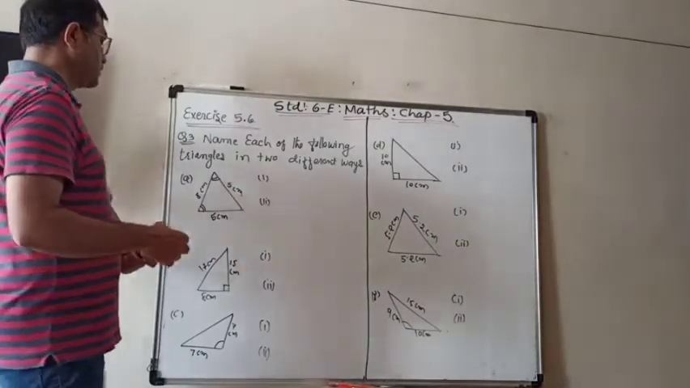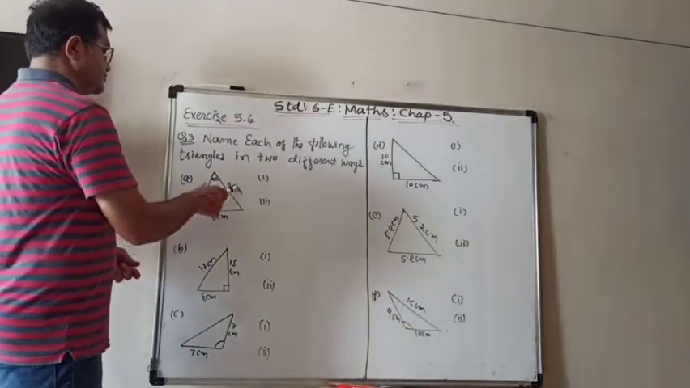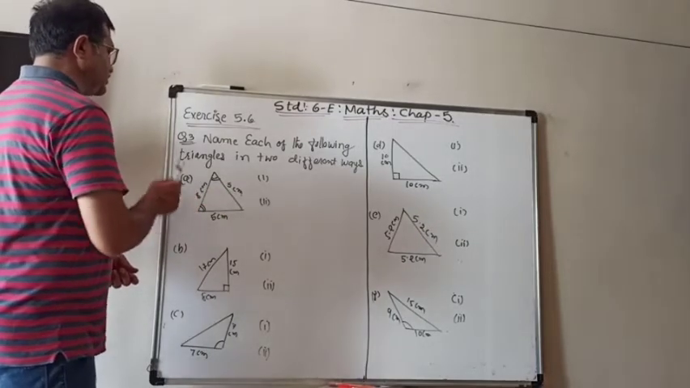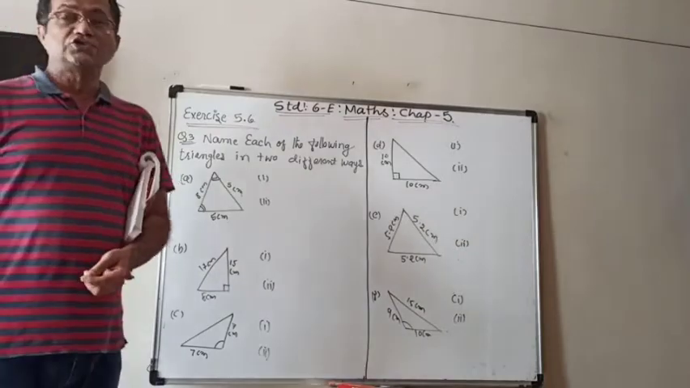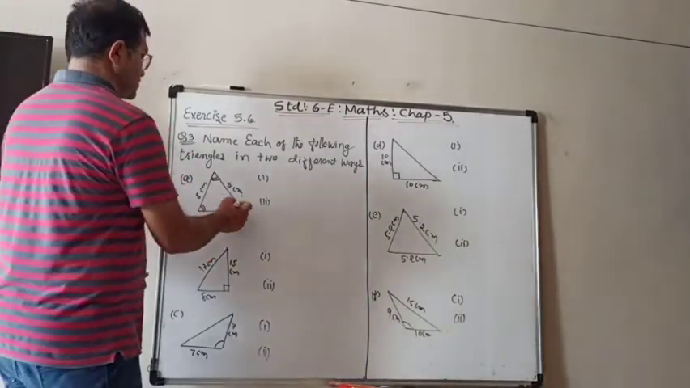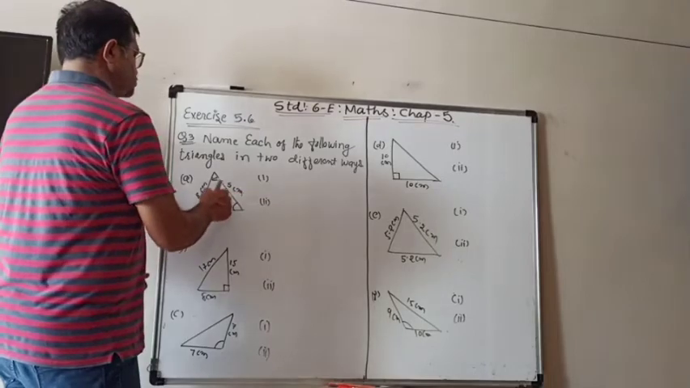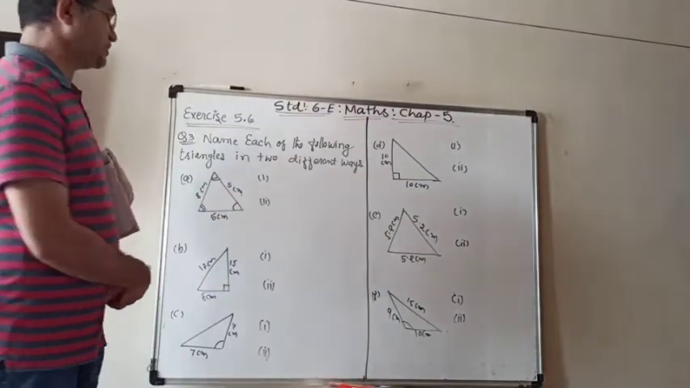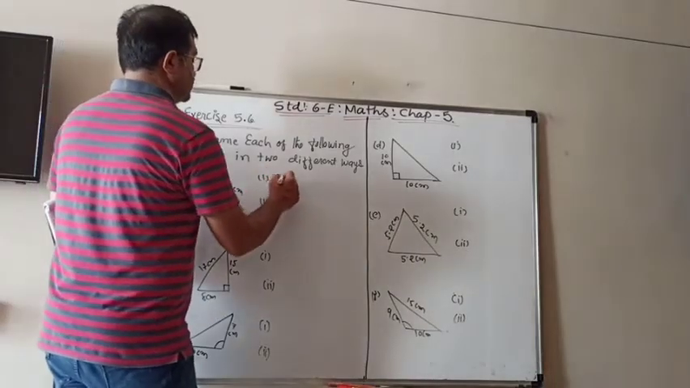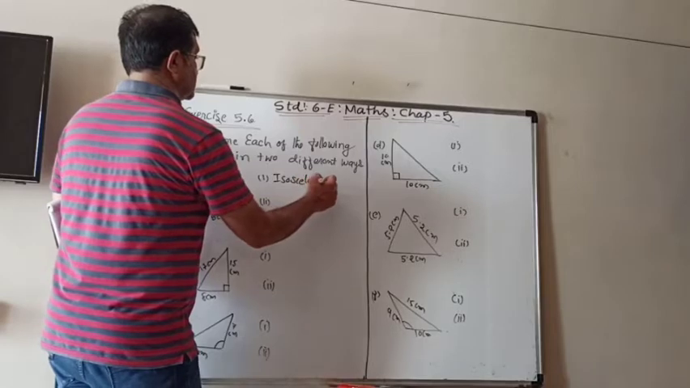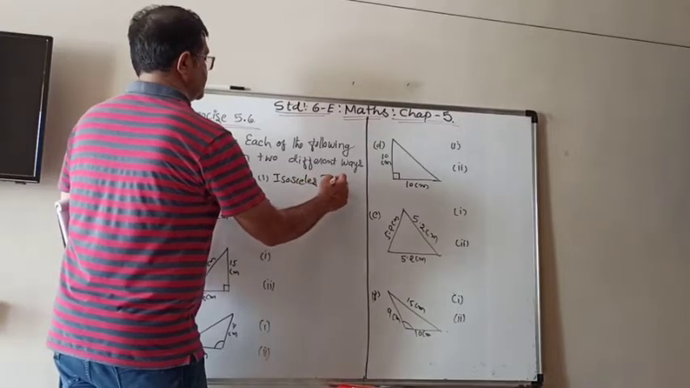Look here. Here you can see that 2 sides are equal, the other side is not equal. So if the 2 sides are equal, then you can say that it is an isosceles triangle. So we can write down isosceles triangle,